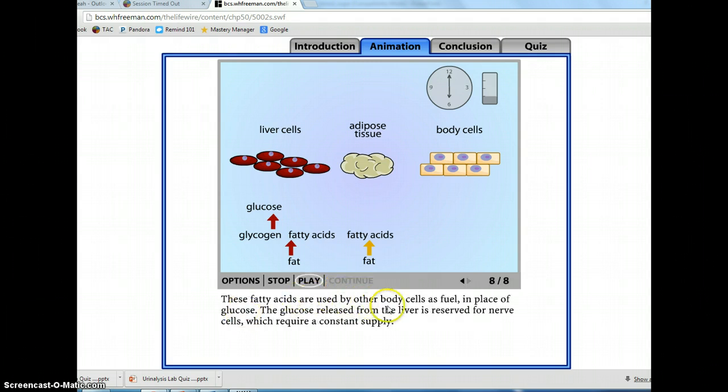These fatty acids are used by other body cells as fuel in place of glucose. The glucose released from the liver is reserved for nerve cells, which require a constant supply. So that then the glucose, you're keeping a constant level of